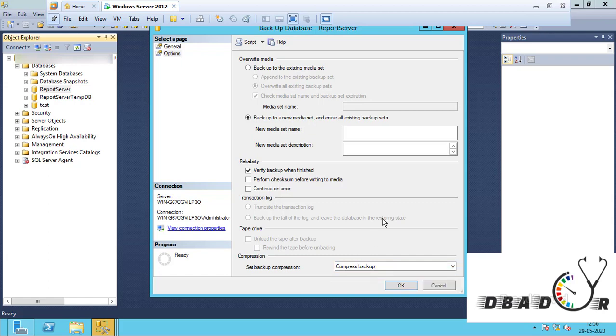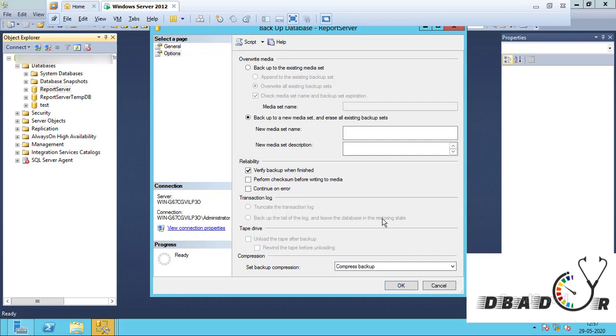Compression means, let's say the size of the backup is very high because a lot of overwrites and modifications happen, and a lot of files are not used properly. That time the backup will take the entire file backup and keep it as it is. Let's say if you are taking a 40 GB backup, it will keep 40 GB as it is. But if you keep compression, that means whatever file size is not used, it will compress that and